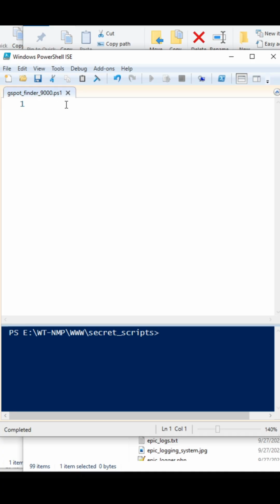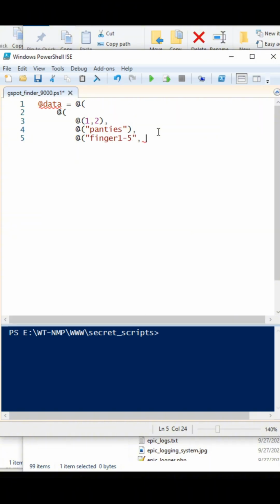Good old PlayStation 1. But anyway, we need to create a data structure for this, and PowerShell is pretty cool because we can have a whole bunch of nested arrays. Our first one is just going to be 1 and 2, and we're going to have panties, and make sure that you add the commas right here. They're very important for nested arrays. And this one, let's say we have a finger 1 through 5, and then a pinky,